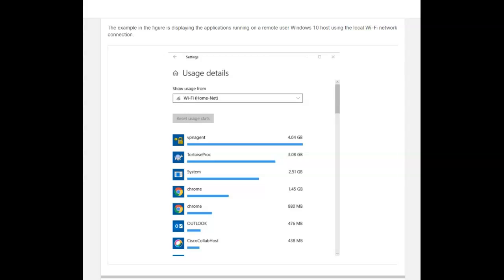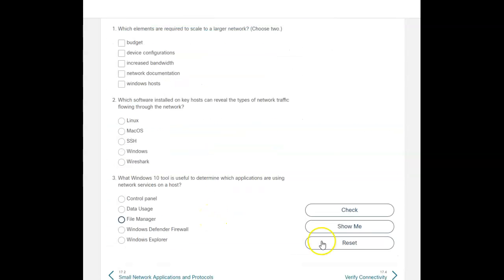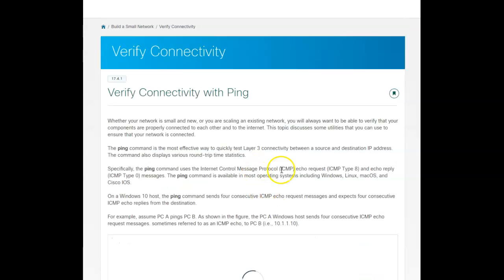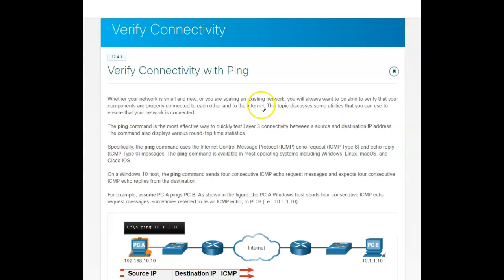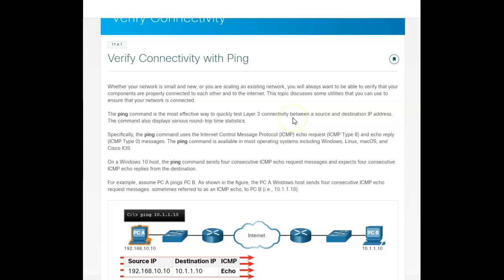So now let's go verify connectivity. Let's get past all this, a couple of videos into one here. Of course, you're very familiar with the ping command. And of course, if you're small or large, if you want to make sure things are connecting, you can use the ping command. The ping command is an effective way to quickly test layer 3 connectivity between source and destination IP addresses. We know that ping uses the ICMP